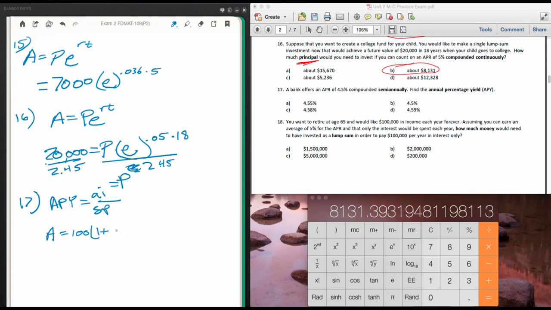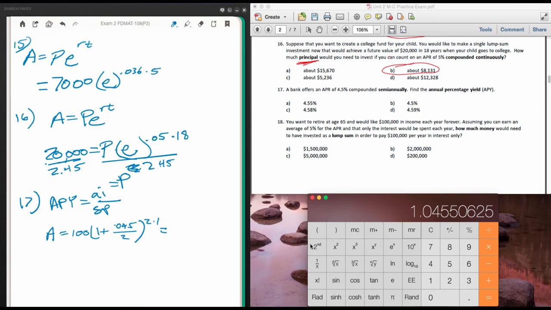And we'll do this over the rate, which is 0.045. And since we're compounding semi-annually, it's going to be a 2. And a 2. And just to make life easy, we'll just keep it at 1 year. Okay, but you could have actually done this with different values, and as long as you keep those values throughout the rest of it, that would help you. So let's go ahead and find this out. And we get 0.045 divided by 2, add 1 first, there we go, and then we'll raise it to the power of 2, and we get